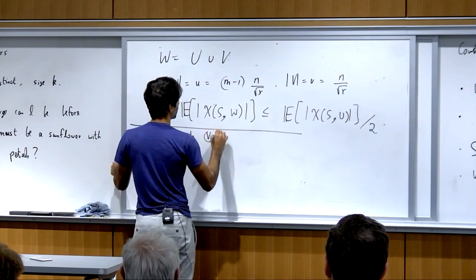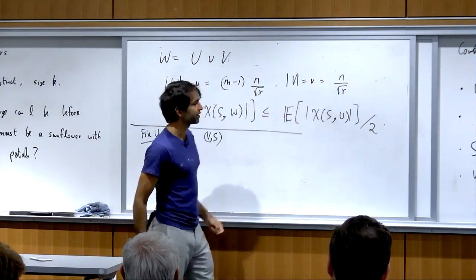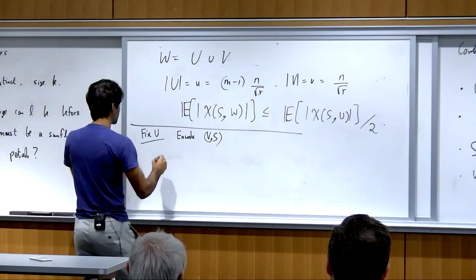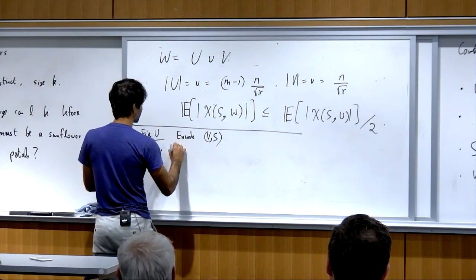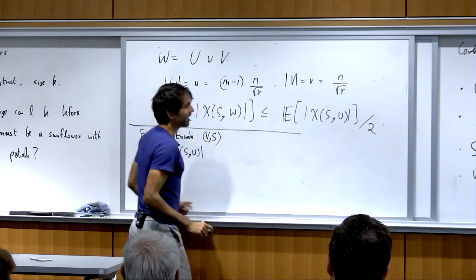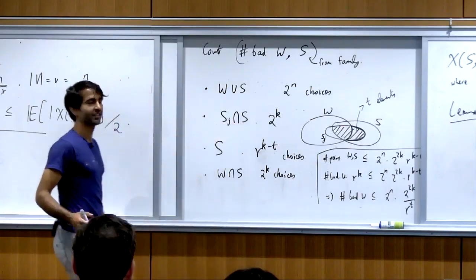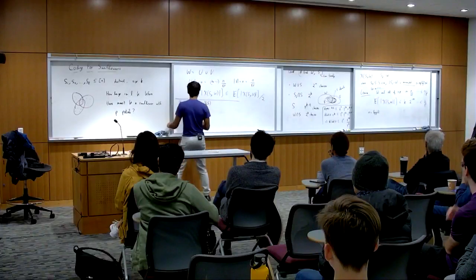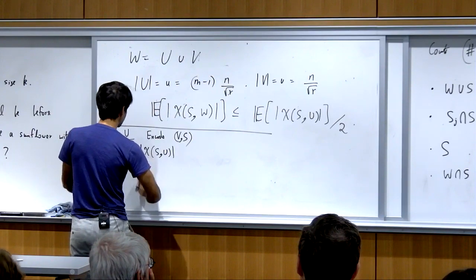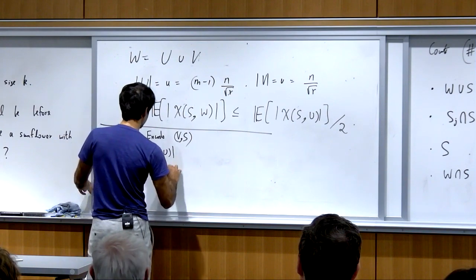V comma S, where V is a set from the universe of size n over squared r, and S is some set from the family. And the things we'll encode are, we'll first encode the size of chi SU. Basically, I'm going to encode everything everywhere here. Instead of S, I'm going to have chi SU. And otherwise, the encoding is the same. So encode the size of, encode W union chi SU.